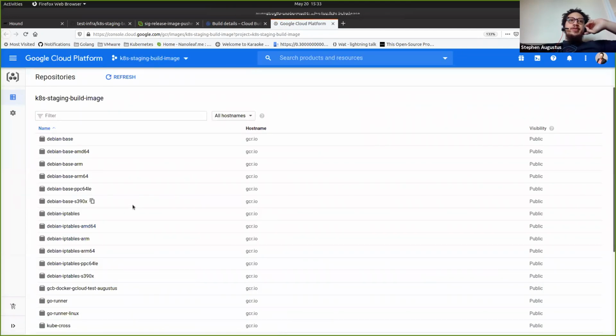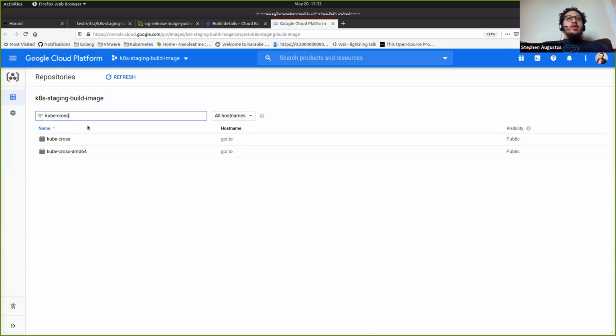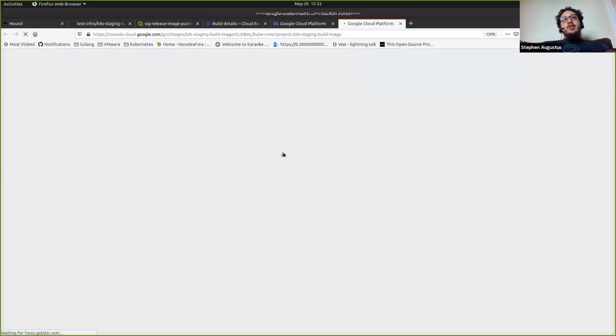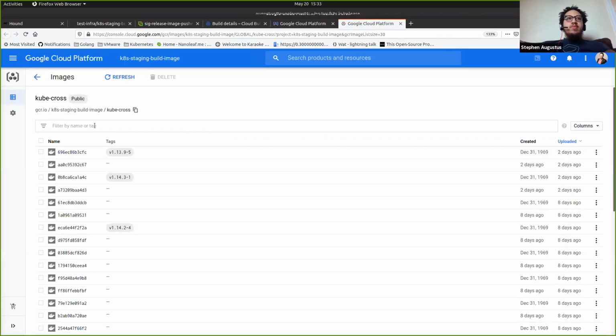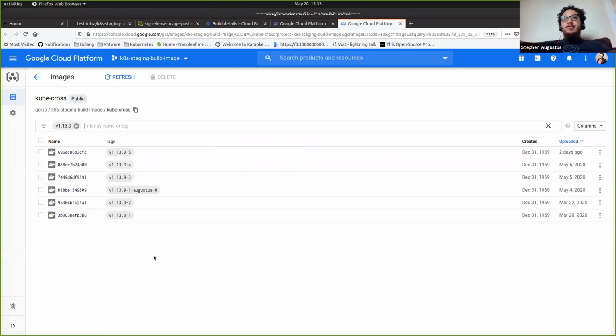I can at least say, hey, I'm looking for Cube Cross, and from Cube Cross, I can say, you know, I'm looking for something that's in the 113 series, 113.9, right? So all of those images that were created on December 31st, 1969, and pushed very, very